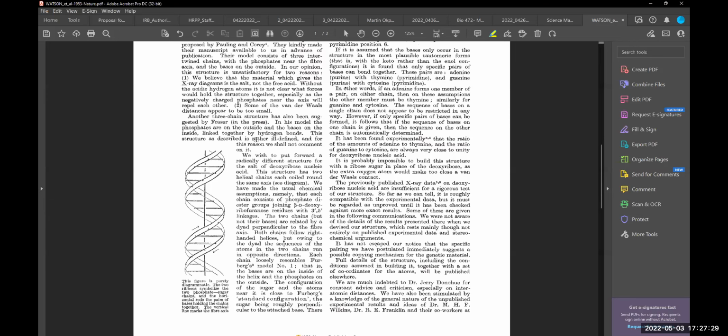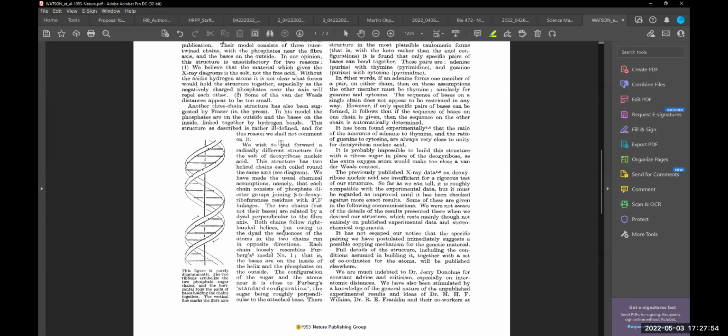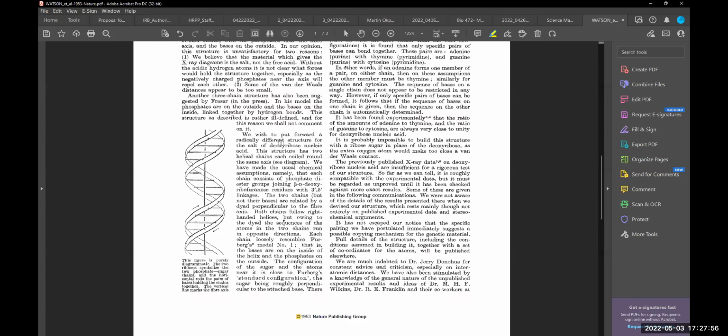So this structure as described is ill-defined, and for no reason we shall not comment upon this. I don't know, they are right, but what is the flaw here? They again say that it is a 3-chain structure, that DNA is not double helical but a 3-chain structure, but they predict that the bases are inside and joined by hydrogen bonds. Now, after rebutting these two discoveries,